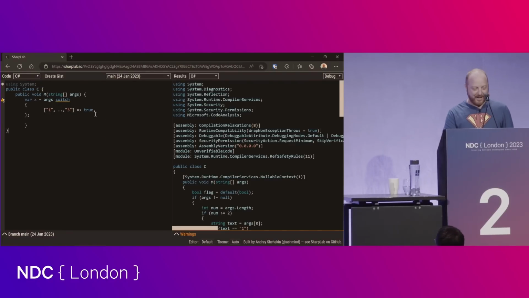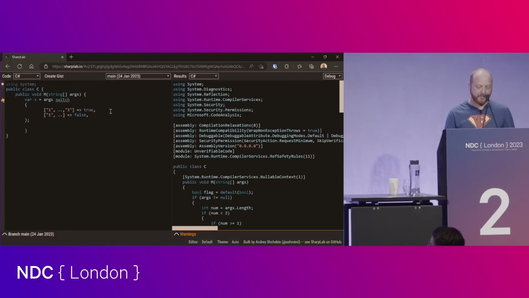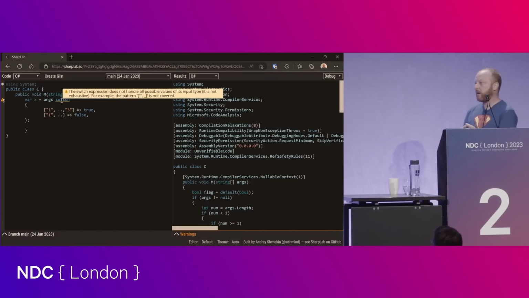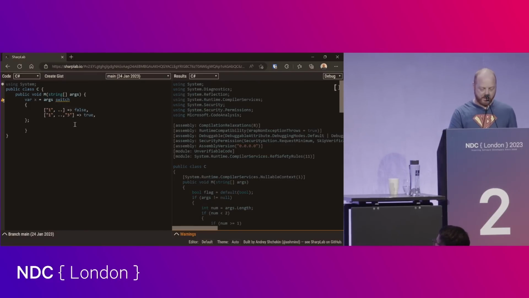All right. So this is the same pattern I had before, but in a switch expression. But now if I go 1, false, doesn't matter. So this is cool, but the compiler knows that we haven't handled all possible cases. So that's potentially useful. If I move this up, if I'm understanding my own code properly,